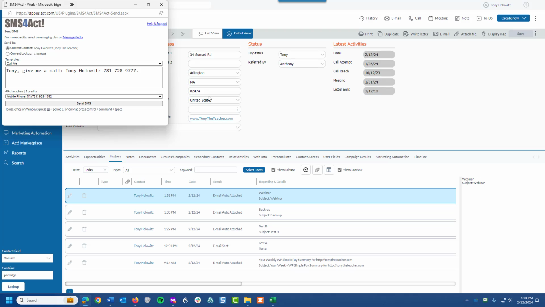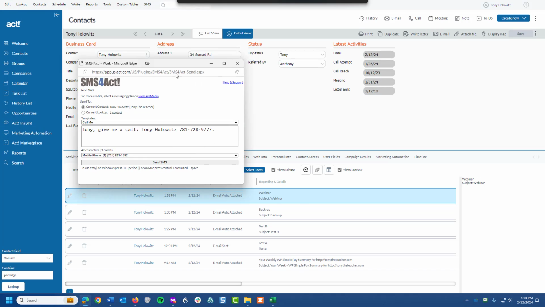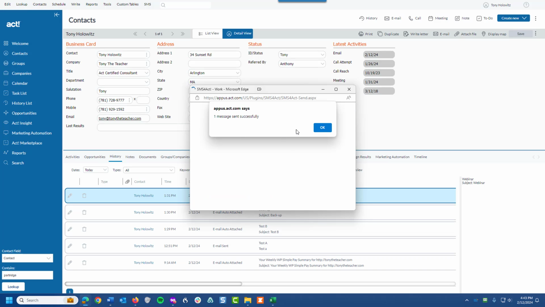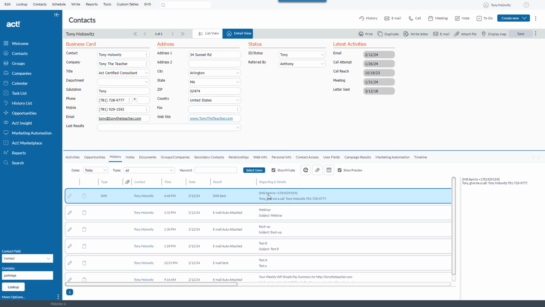Now what it does is I've set it up so by default it will automatically take the first name of the contact, put it in there, and simply that's my message. That's all. Tony was filled in automatically because that's obviously my name. So what I'm going to do at this point is I'm going to hit send, and when I send this I'm going to get a confirmation that it went out, and next as the screen flashes in the history that